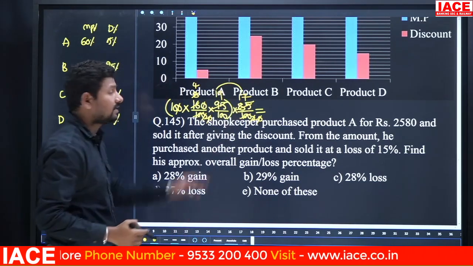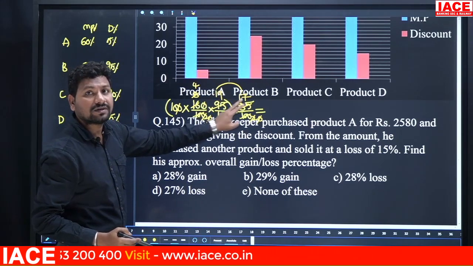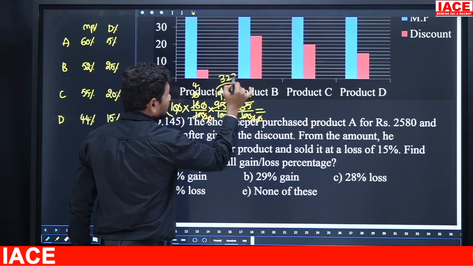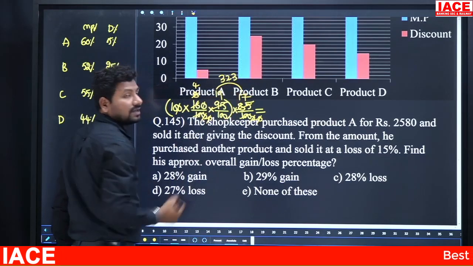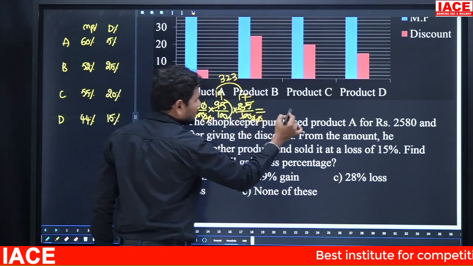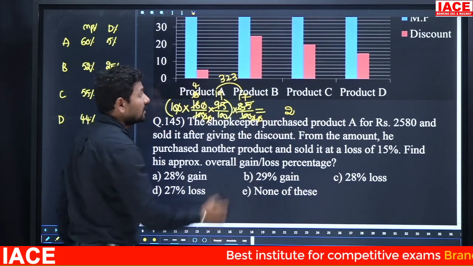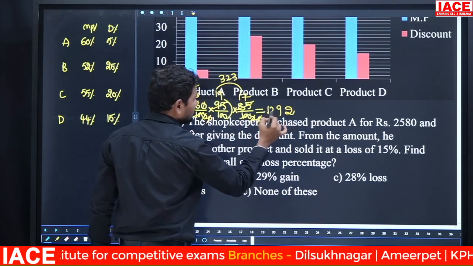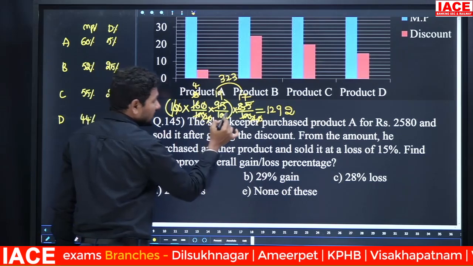19 into 17 means 18 minus 1, 18 plus 1. It is nothing but 18 square minus 1 square, which is equal to 323. This 323 is multiplying with 4. The result is 4 3s is 12, 4 2s is 8, and 9. 4 3s is 12. And look at here, 0 0 will be cancelled.